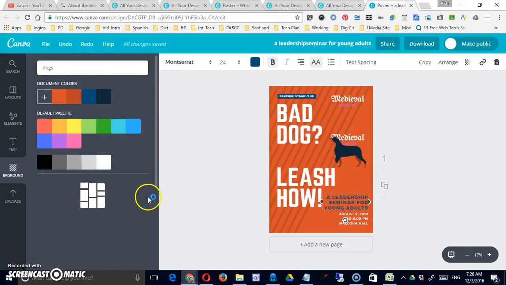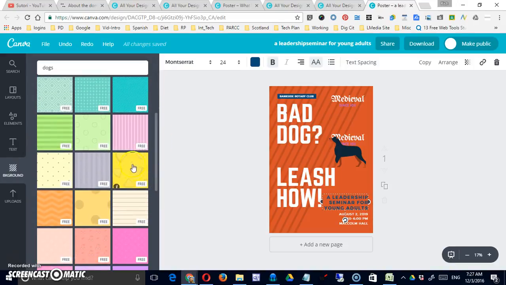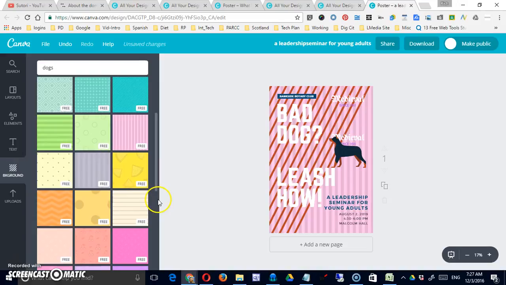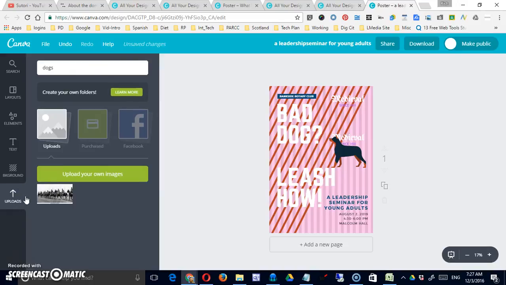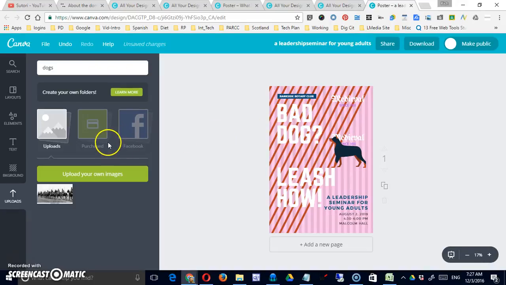You also have this background area, where if you'd rather, you can start from scratch with a background. So you'd replace that picture and have to work with everything else at that point. Or you can upload graphics yourself to use. You can also create folders to organize things. Once again, a premium service, so that does involve paying for it. But you can see the basic idea here. It's a nice little tool,